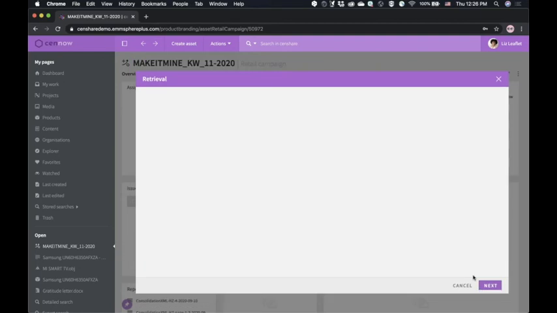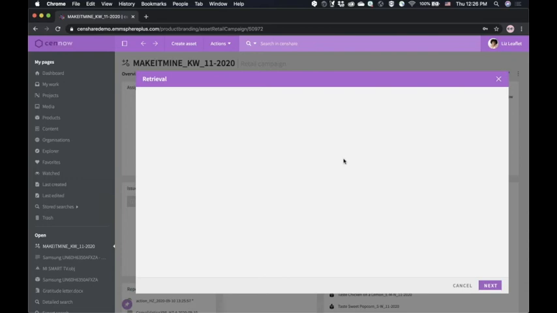So we'd hit next, and this is going to take a couple of seconds for this to get done, and then we'll see the result of that. And what's actually happening on the back end once you hit next there? So here is where the retail ad manager is taking all those reports and breaking it out into the individual